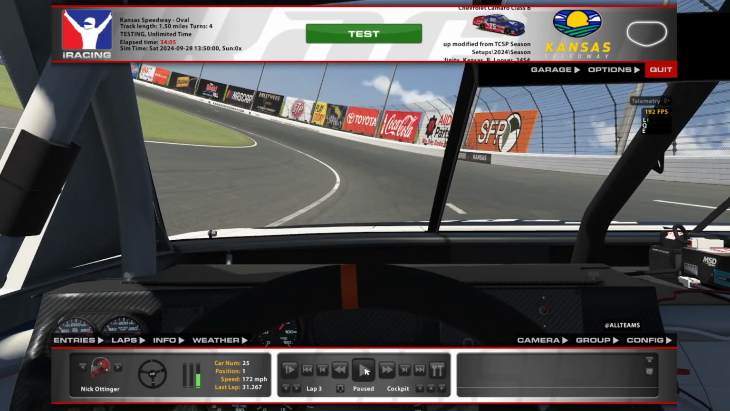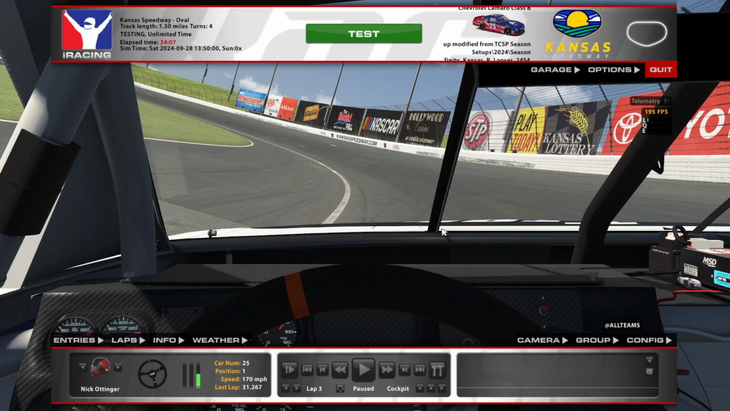So slow this up. In our testing weather, just to let you guys know, turns 3 and 4 is the more neutral, the free state of the track, I would say, comparing to turn 1 and 2 when you are running the bottom. So just keep that in mind if you're testing in this weather. And again, it's going to change. It's going to have a good evolution to the track